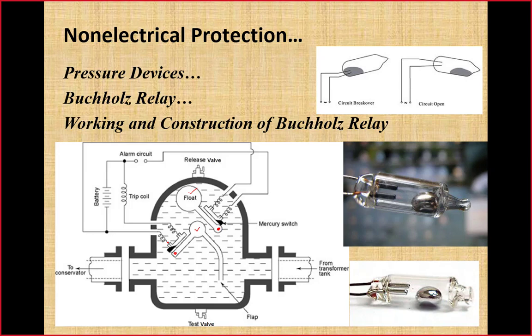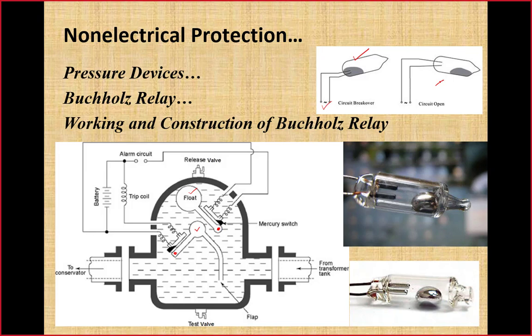When the position of the switch is like this, mercury is in contact with the two terminals, so it is closed between these two terminals. Circuit is closed. Here circuit is open. In this position, mercury is away from the terminals and the switch is open. So what is a mercury switch? Mercury is a position dependent switch which is connected to the shaft of these two floats.